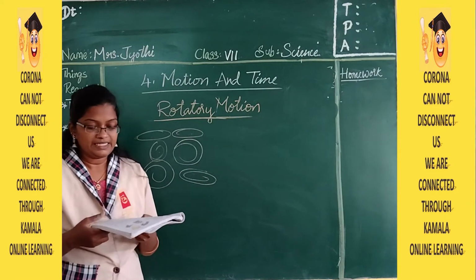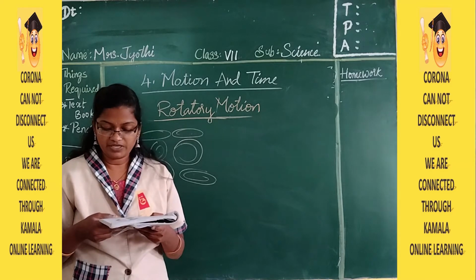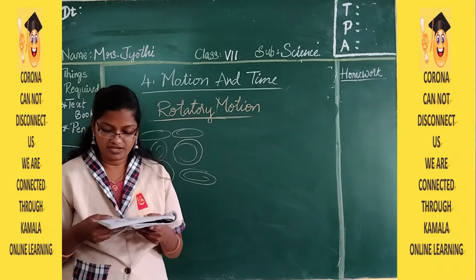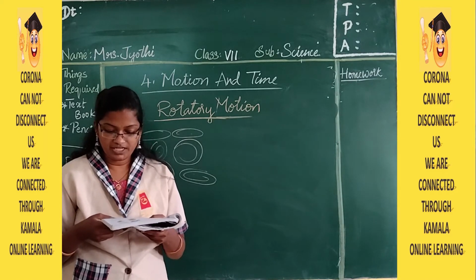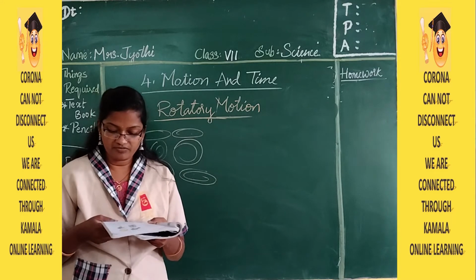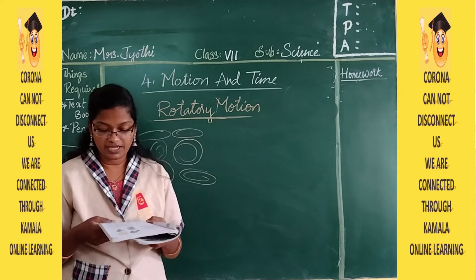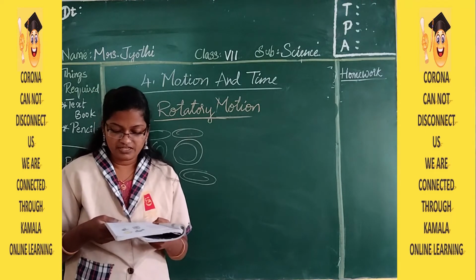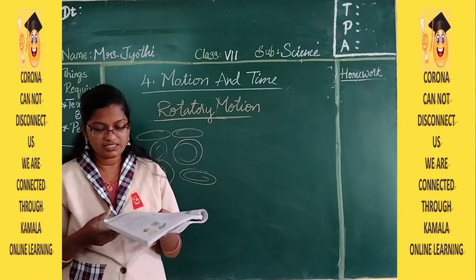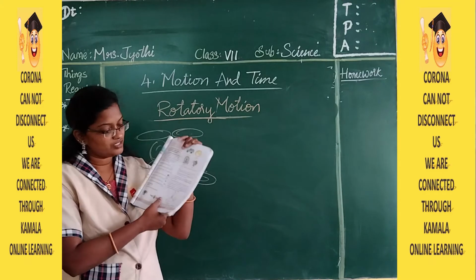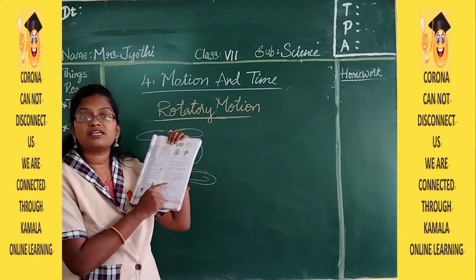Let us examine motion of blades of a ceiling fan. Consider one blade of the rotating ceiling fan drawn below. While the blade of the fan is moving, the points A, B, C on the blade move to A1, B1, C1 first and then move to A2, B2 and C2 positions. Thus, when a fan is in motion, each point on the blade moves in a circular path around the center of the fan which is fixed. So here in a ceiling fan, the center of the fan is fixed and only the blades are moving.